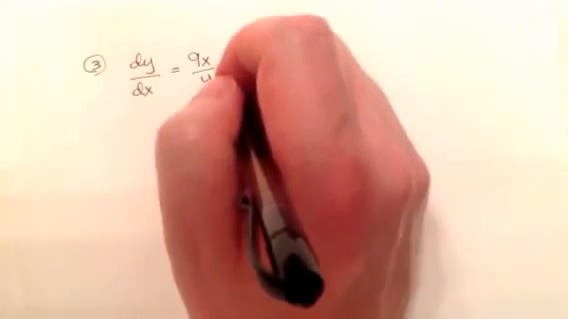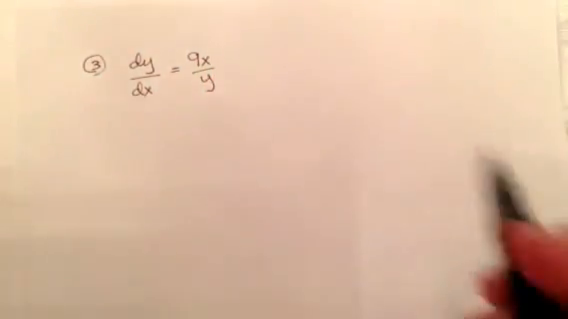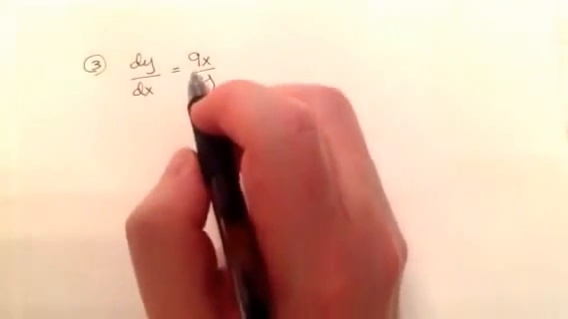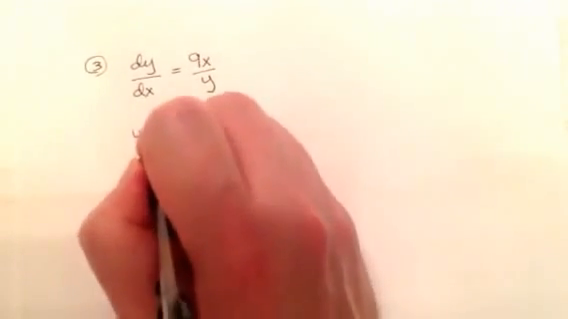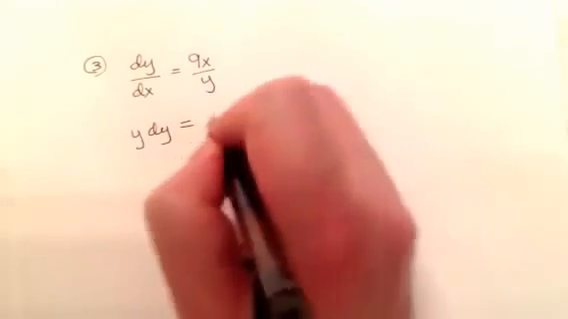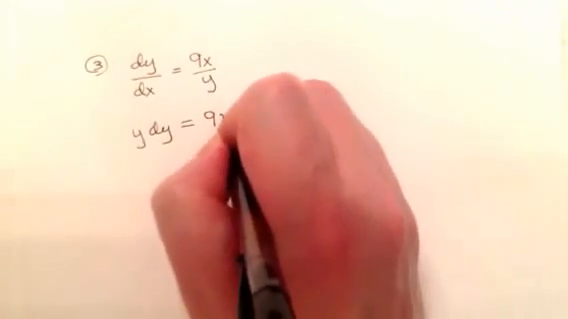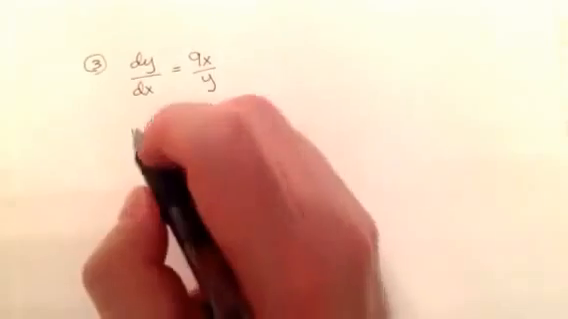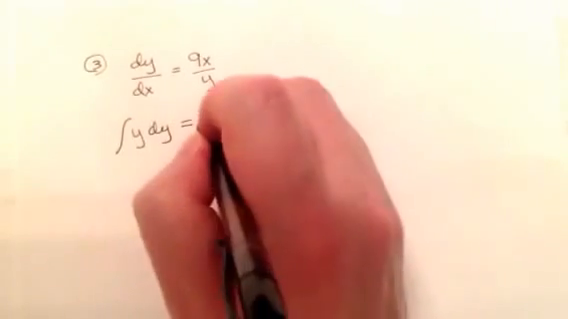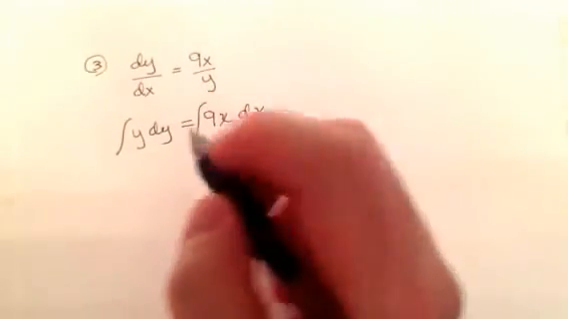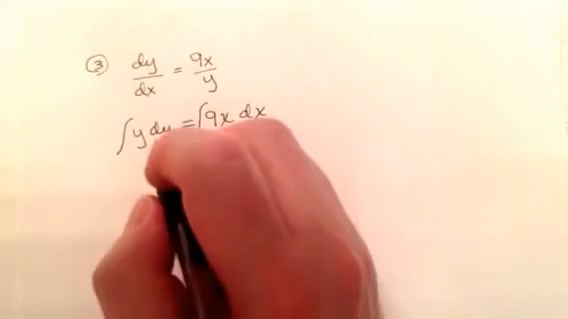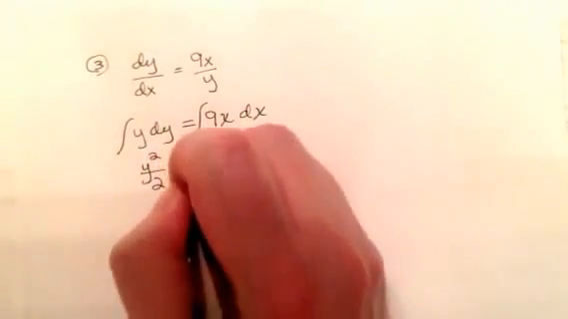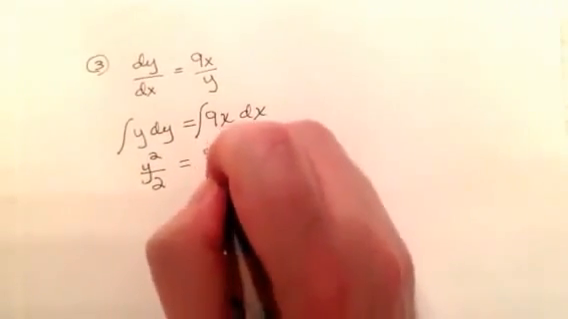Okay, and as we separate the variables, if we multiply both sides by y, we have y dy is equal to 9x dx. And upon separation, we can now integrate on both sides. So the integral of y dy will be y squared over 2 is equal to 9 halves